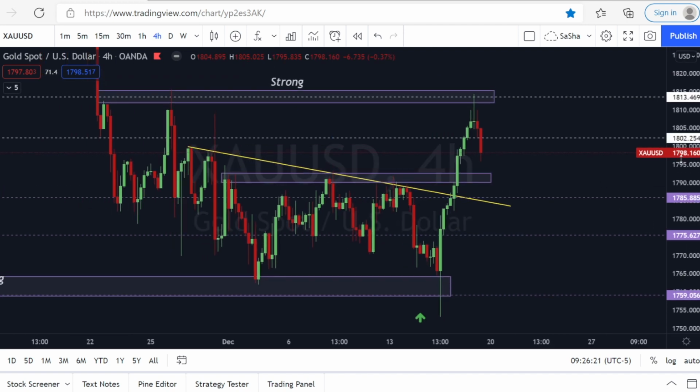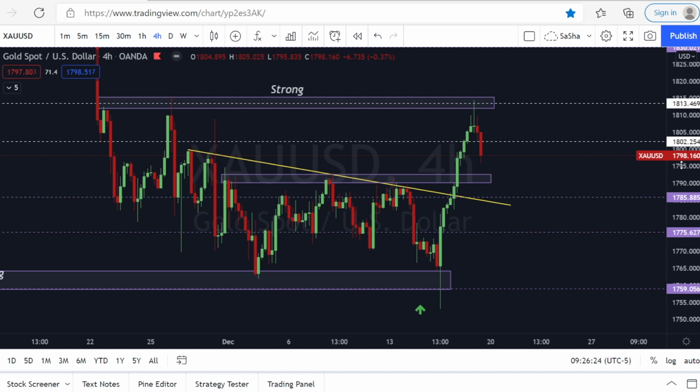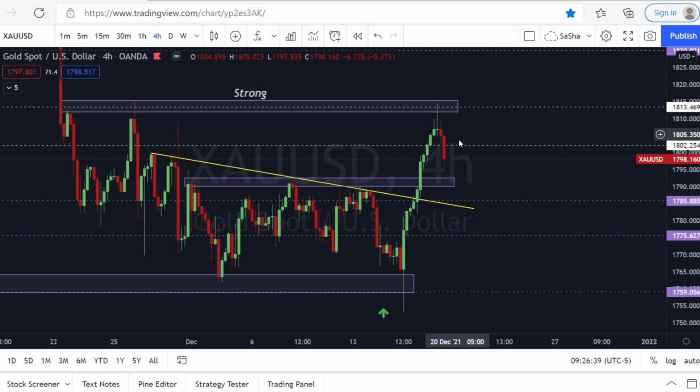correspondence for our analysis. Now on a smaller time frame, I want the price to come down maybe to this level and give us a retest to any of this area, and I'm looking for a sell setup. If I find rejection again and a retest to this level, rejection, then we can expect the price to continue moving down. Either it is going to be the 1786 area anywhere on this trend line, or we are going to find resistance on the previous important significant levels of 1775, 1777-ish area,